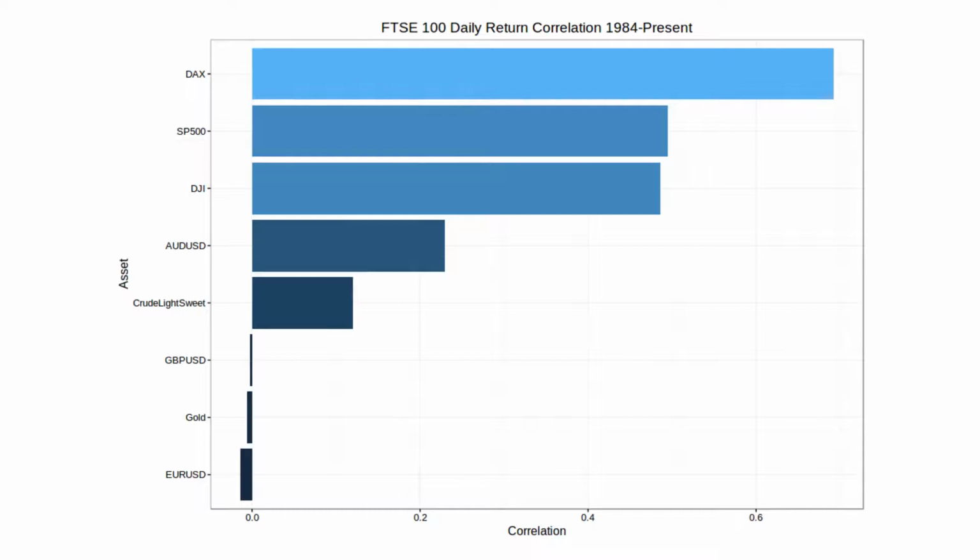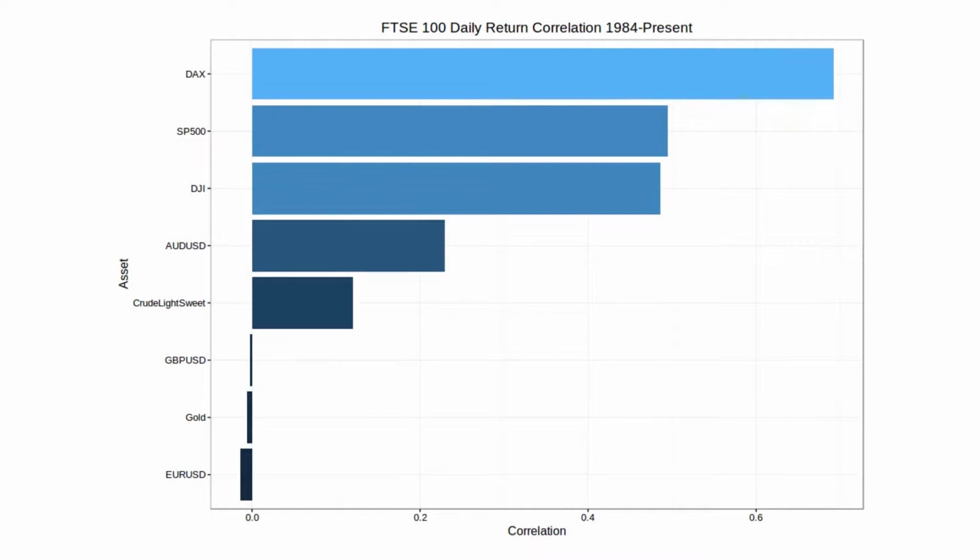Index. The only currency pair which has a reasonable correlation with the FTSE is the Aussie dollar, and it's not with sterling, it's with the US dollar. And the reason for that is that the FTSE is heavily dependent on commodities. It has a lot of mining stocks in the FTSE 100, and the Aussie dollar is strongly correlated with commodities, because its growth is heavily dependent on exports of those commodities. The FTSE also has a heavy weighting towards oil companies, which is why there's also a small positive correlation with